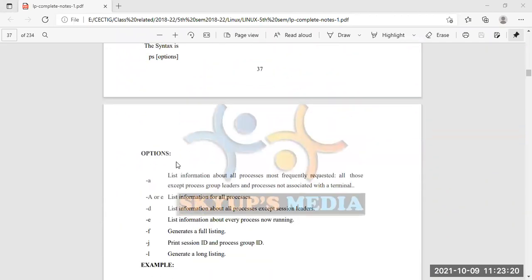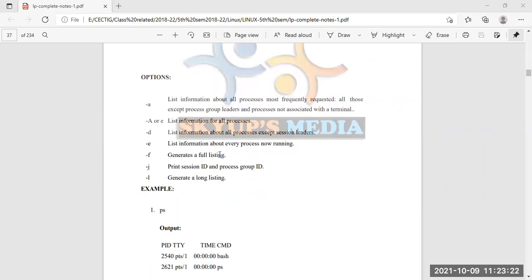We just write PS with options; several options are present here. The options will help us to locate or monitor the processes. -A lists information about all the processes, -capital A is the information of all processes, -d is for excepting session leaders, -e is about every process now running, and -f generates a full listing.